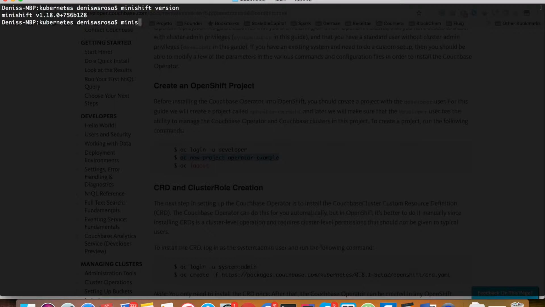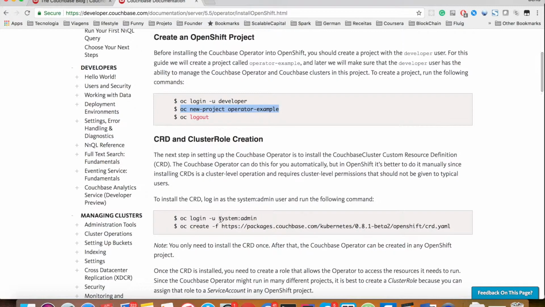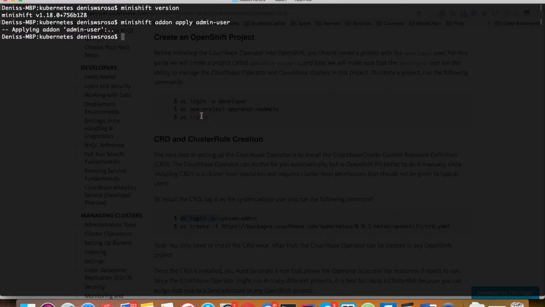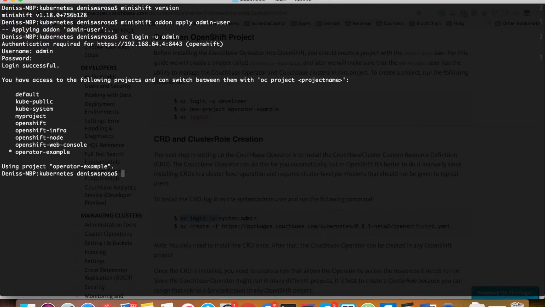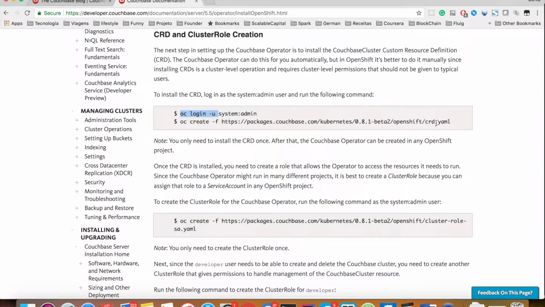But I have to run minishift addon apply admin-user, and now I can log in as an admin. So let's come back to the documentation and say admin. Cool, now I am logged in as admin, and I can create the